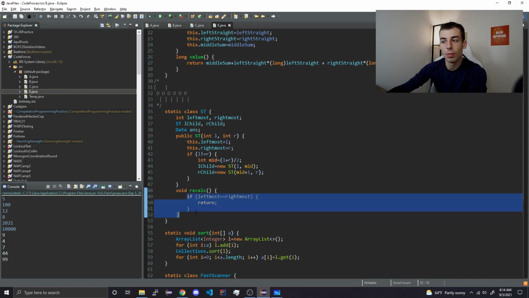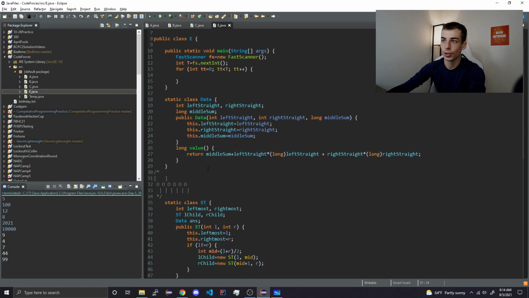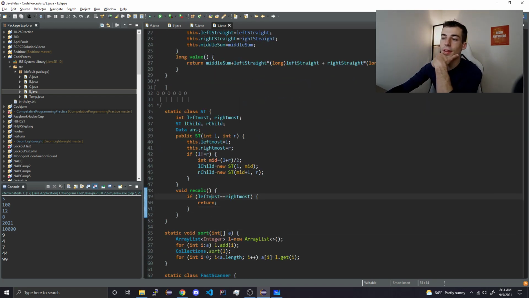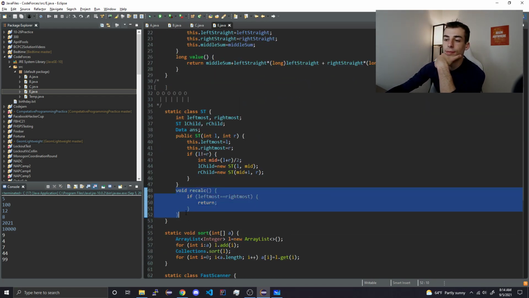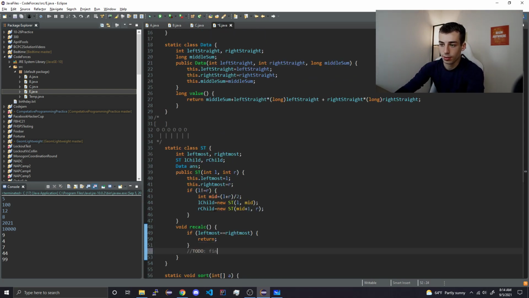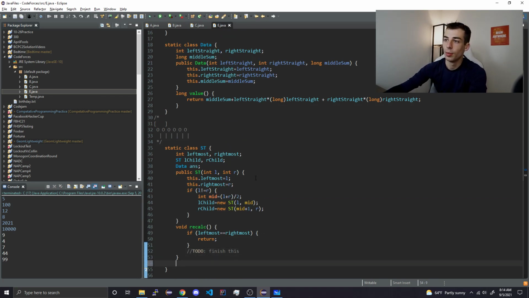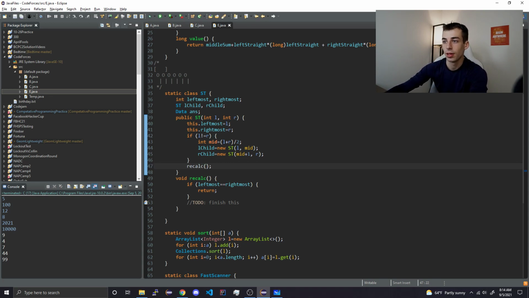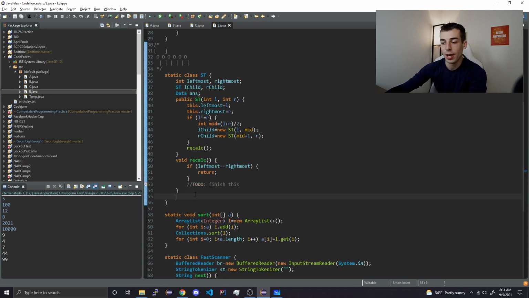Okay, so yeah, in this case, we should just return, okay? Yeah, I think this should be fine. We'll handle this later. So we need to finish this in a minute. We don't have any propagation, so that should be easy. I guess we'll just recalc at the end here. And then